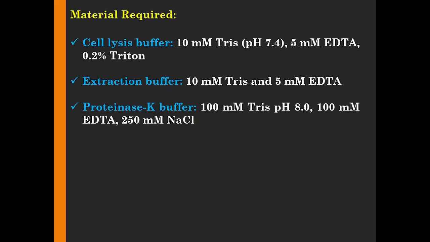Then gloves, pipettes and tips. Now the composition has been given: the cell lysis buffer, the extraction buffer, and the proteinase K buffer. The cell lysis buffer differs between lab setups and cell cultures, but we are taking one of these. As you can see, there is the detergent, and there is also an extraction buffer. It will be revealed to you in a moment what the use of this extraction buffer is, and then proteinase K for degrading any peptide bonds.